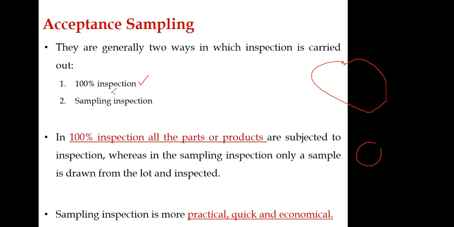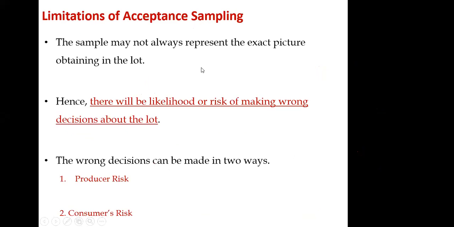So that's why we go for sampling inspection. The sampling method is very important, and we need to define our sampling method very clearly when doing research. If we make any mistake in the sampling method, the whole research goes in the worst direction. So we need to follow the correct method to select the sample. If we make mistakes in our sampling methods, sometimes it's not good for the company,